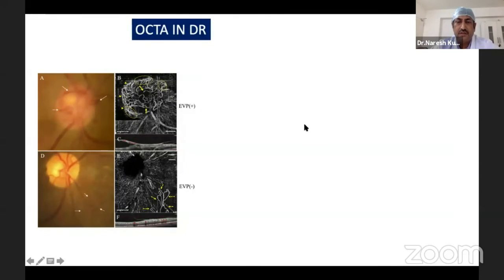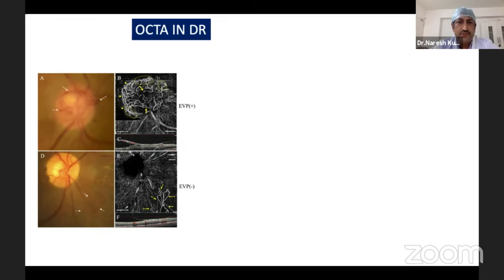Now we'll look at a few cases where it is useful. Here you can see there's an NVD, it's a case of PDR, and in the periphery there's exuberant vascular proliferation. The small caliber vessels are profusely growing in the periphery, so this is given the term exuberant vascular proliferation. With treatment, only a few mature vessels are seen. This exuberant growth is not visible.